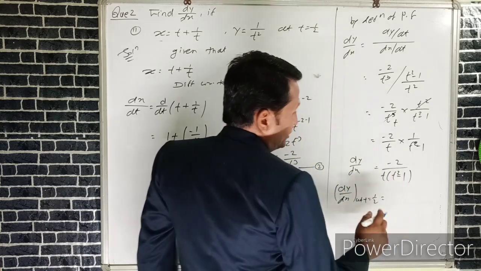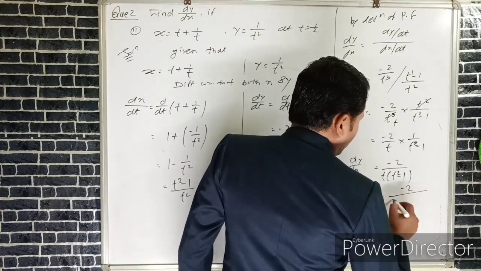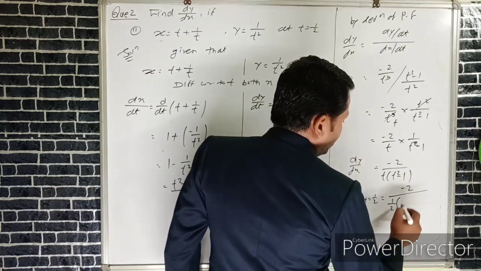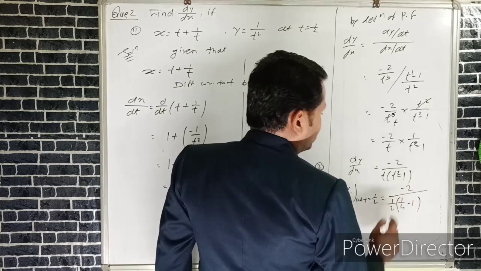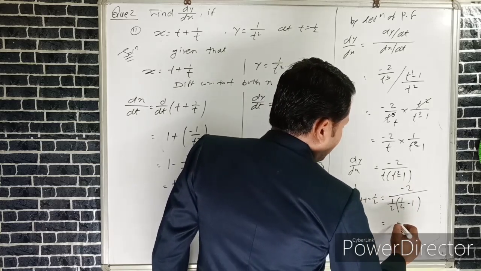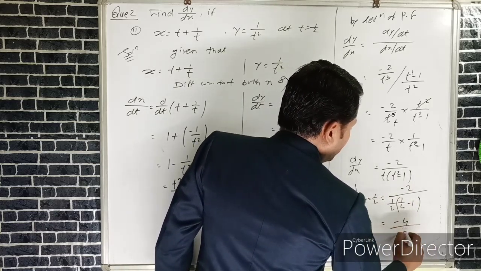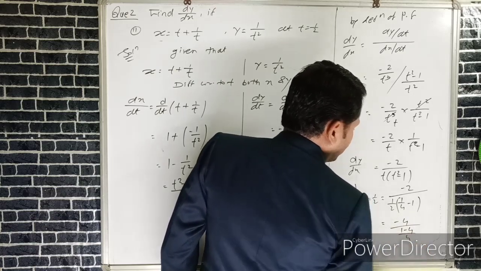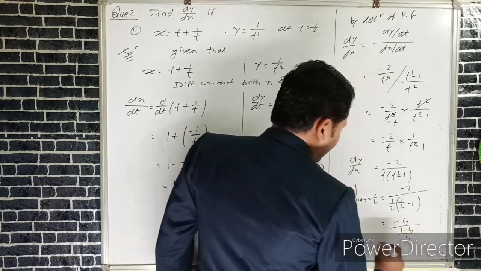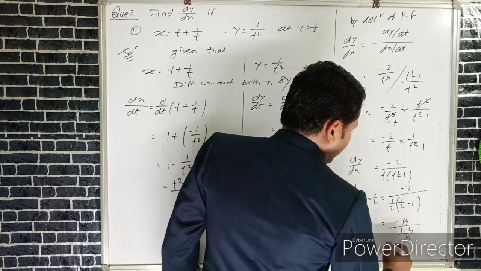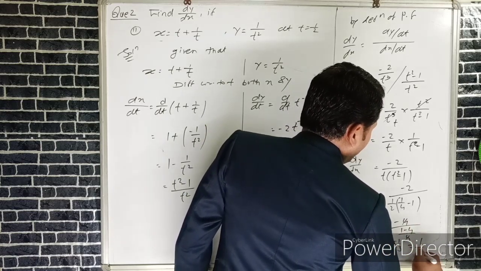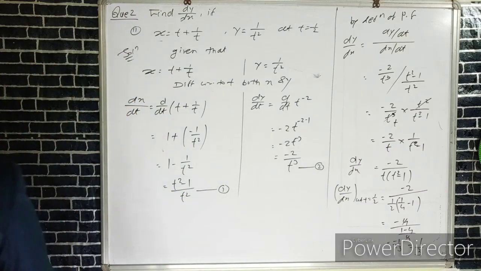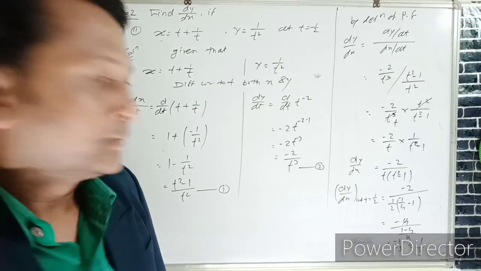Here the value of t is 1 by 2: minus 2 upon 1 by 2 into the square of 1 by 2 is 1 by 4 minus 1. Here if we take minus 2 numerator, we can write minus 4 upon 1 into 1 minus 4 upon 4. Here this 4 we can write it 4 cancel, 1 minus 4 is minus 3, minus 1 upon minus 3, which is a value of 1 by 3. Required value dy by dx is 1 by 3. Sorry,